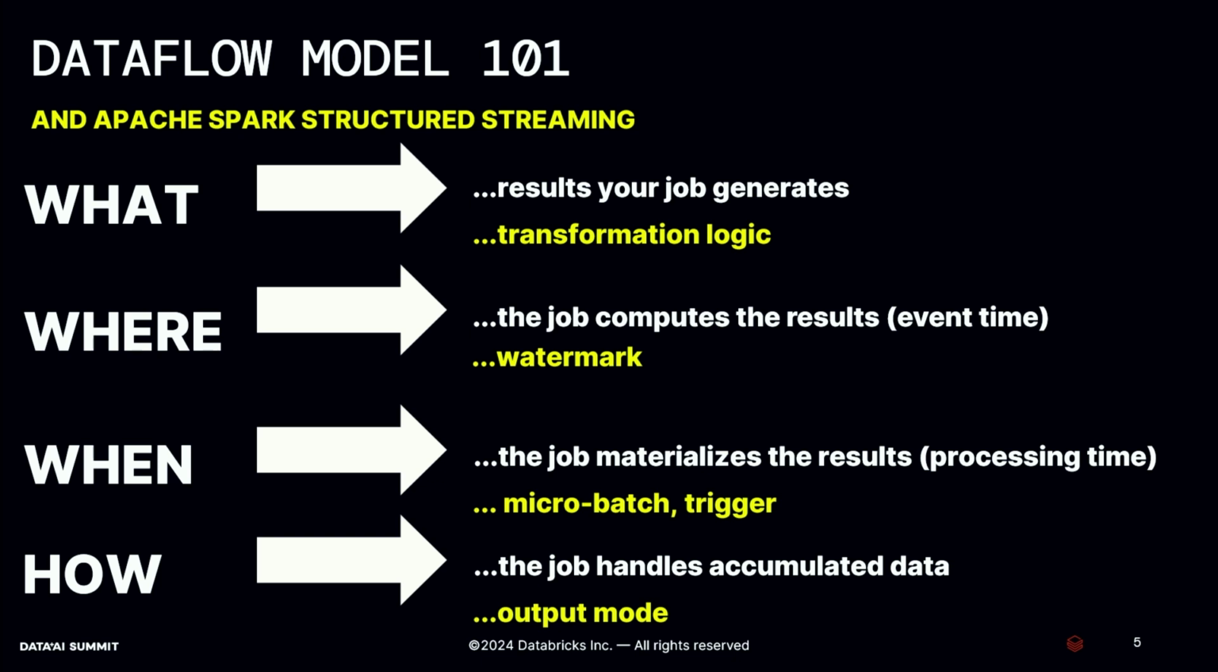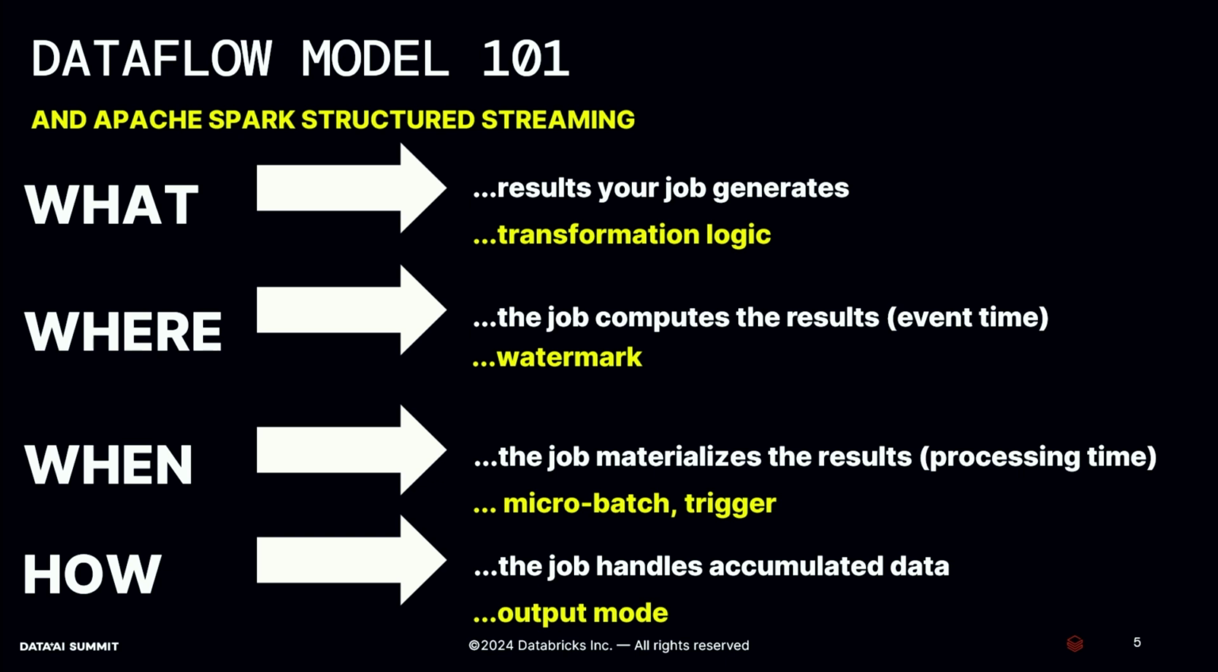So each select, each mapInPandas, mapInArrow, the arbitrary stateful processing functions you write, the filters. For the where, Spark limits it to the watermark, the timestamp column that you add, for example, to control how long your state will be stored in the state store. The when, finally, is the easiest one in Spark because it's obviously based on the microbatch, and